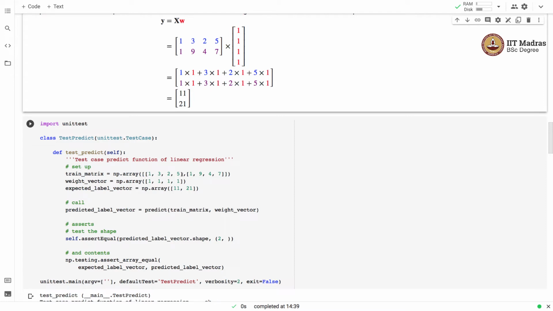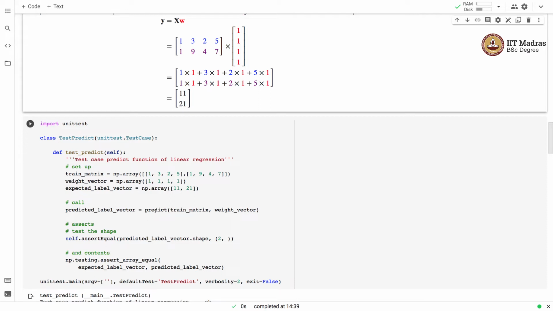There are 4 features for every example, and there are 2 examples in this training matrix. Then there is a weight vector with a shape of 4, so there are 4 values in the weight vector. And then the expected label vector, we expect the output of 11 and 21, as we obtained in this particular calculation.